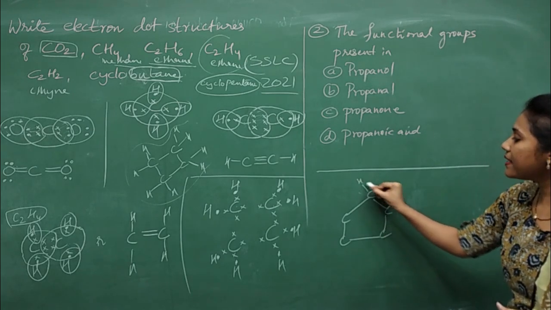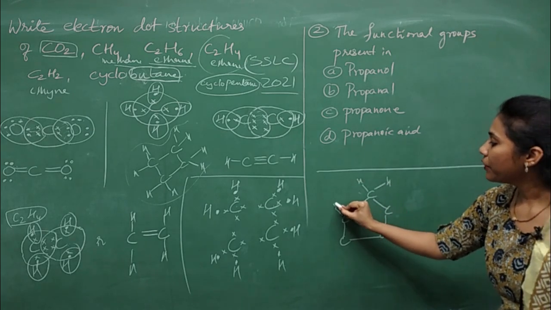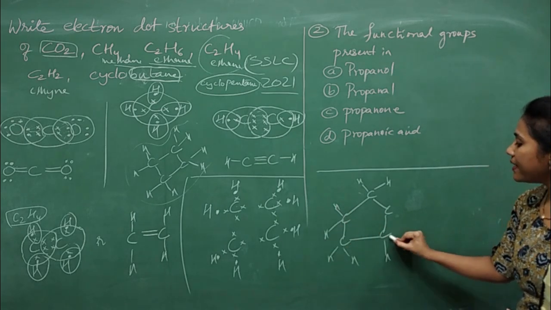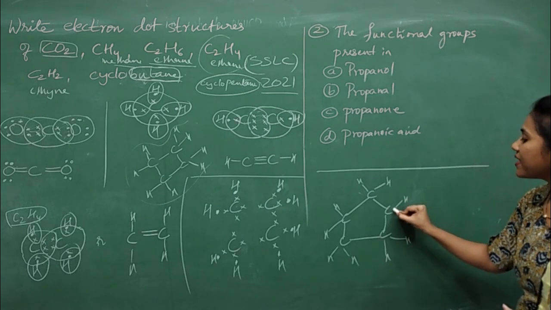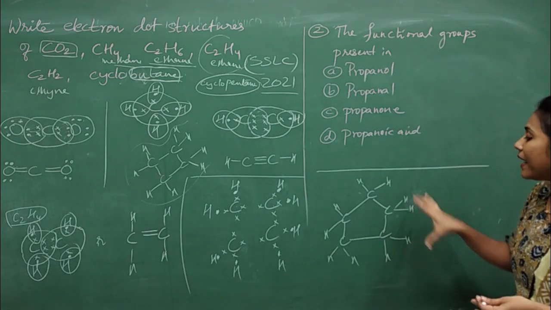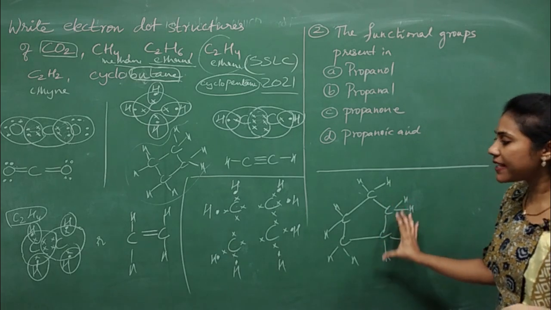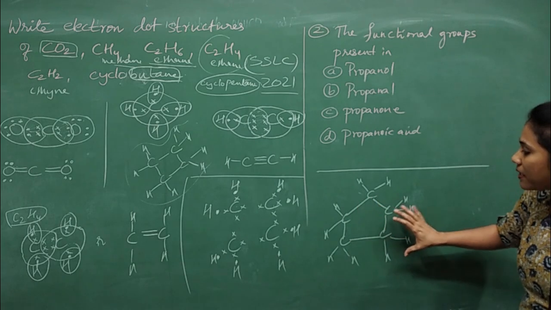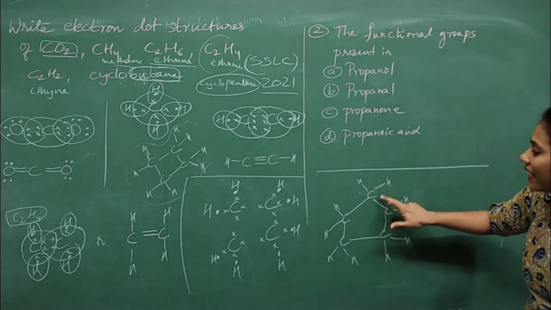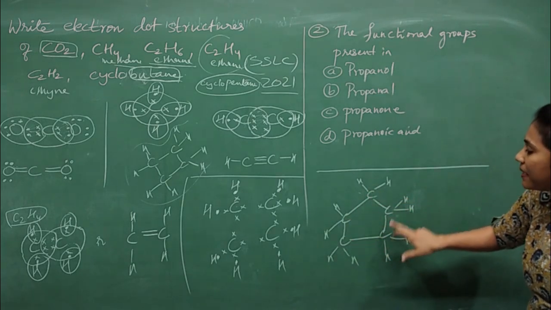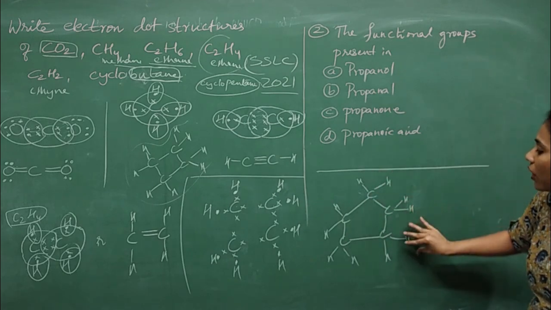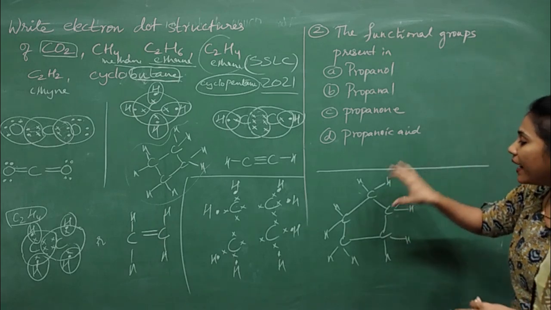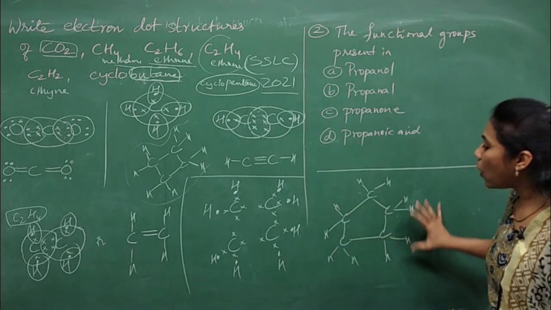Each carbon has 2 hydrogens, right? So this is actually the structure of cyclopentane. Now you have to write the dot structure for cyclopentane. Similar to that, put each carbon in this way. Don't put the bonds. Remove all the bonds and show the valence electrons of all carbons, and show the valence electrons of all hydrogens. So in this pattern, you have to arrange and show the valence electrons on all carbons and hydrogens.